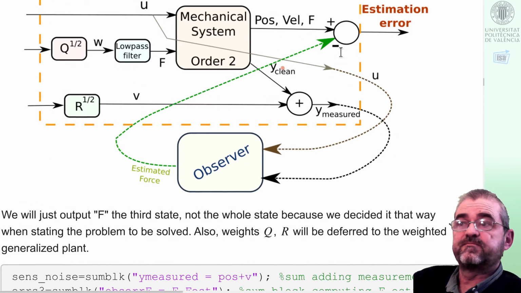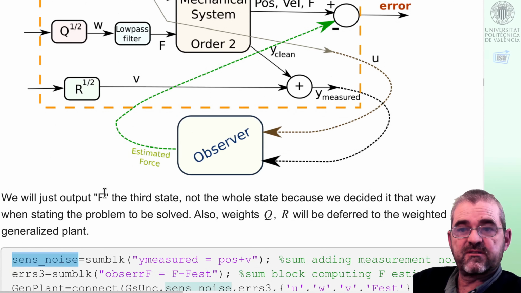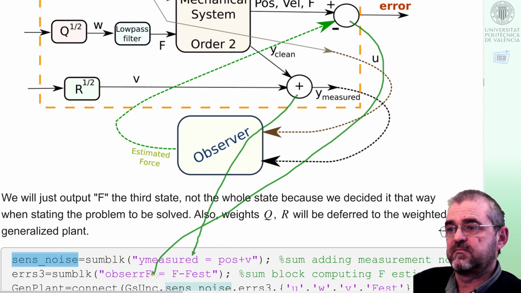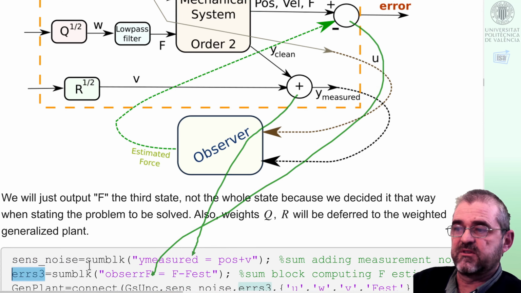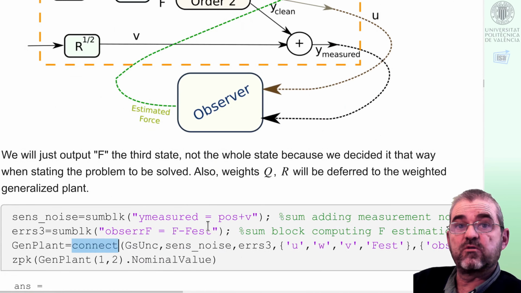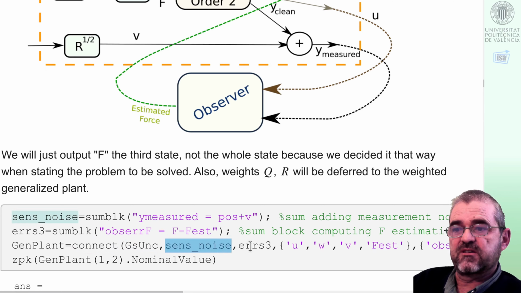And in order to express this block diagram, we will add a sensor noise addition block, this sum block, expressing this equation, and also an estimation error block, this sum block, which I named ERS3. Maybe it's a bit unfortunate name, but okay, that's what got into the code. So with those two summations, and using the connect command so that we connect signals by name, as in the above block diagram, we connect the uncertain system we already discussed in the first video, and this sensor noise and